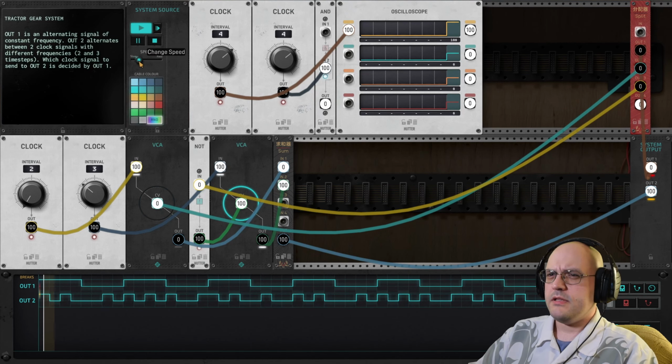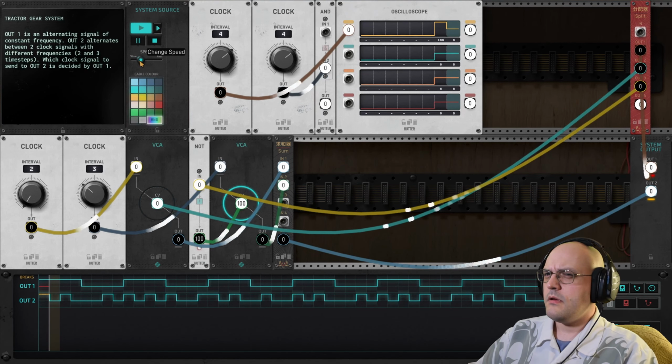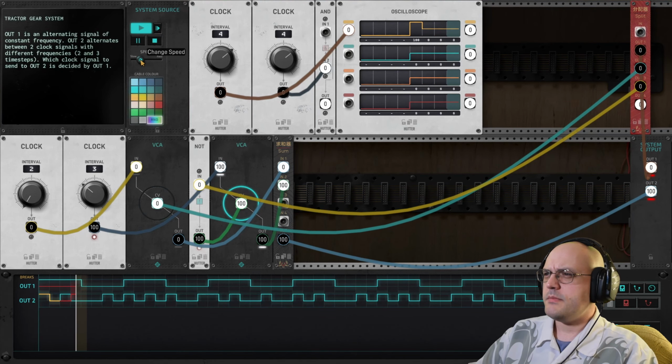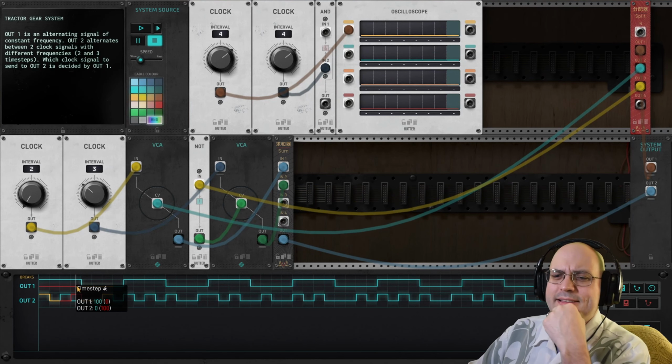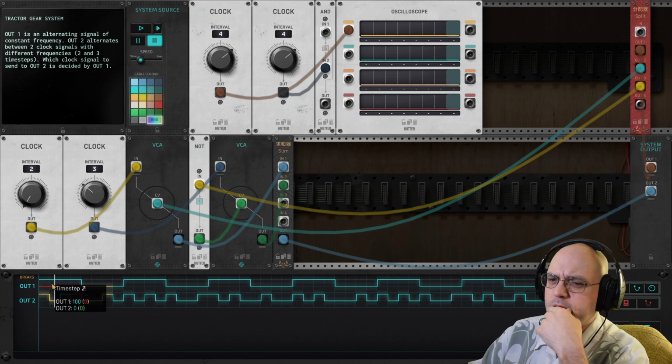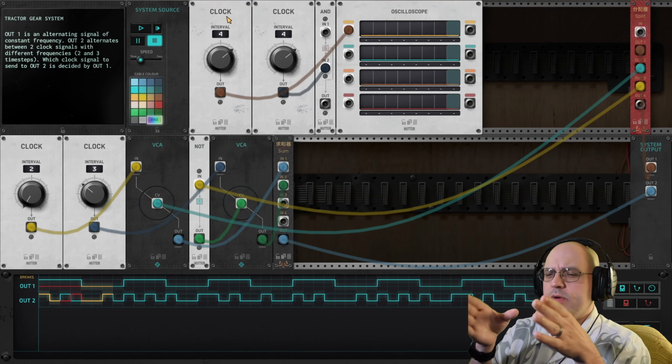Turn the speed up a little bit. A little less than that, please. There we go. Okay. So it's on for 1, off for 3. On for 1, off for 3. So on for 1, off for 3, on for 1, off for 3. So what would be really nice is if we could use a clock 4, we could have a way